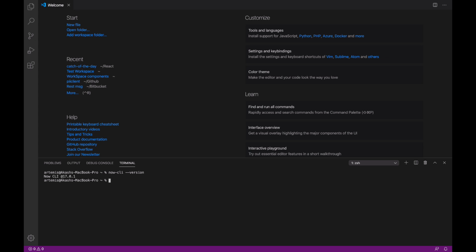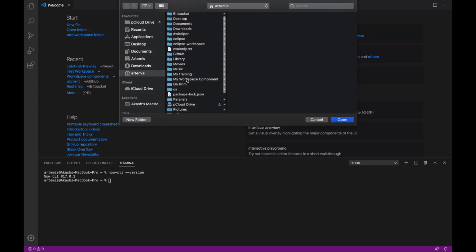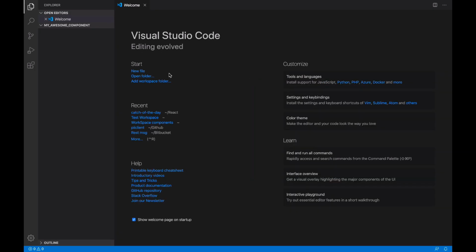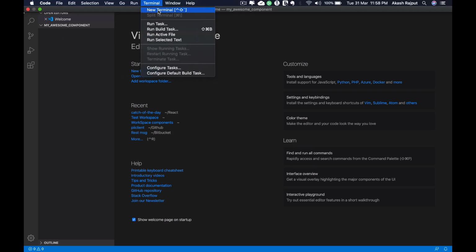Now once this is done, I'll open the folder. Here is one folder that I have created, and the component name that we'll be using is my awesome component. I will open this. This is open. Now I'll open the terminal,